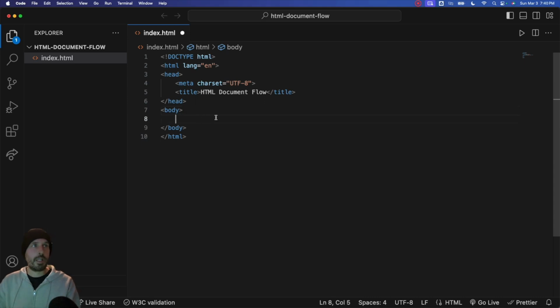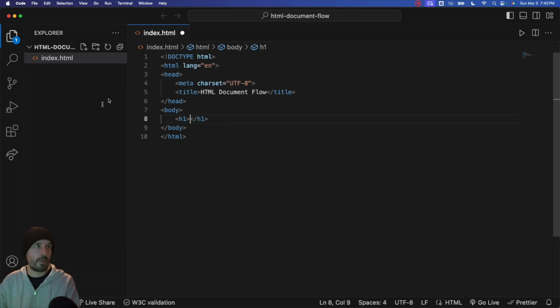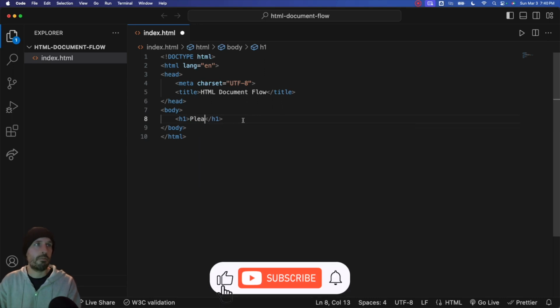The first thing we want to do is create a heading for our page, letting the users know where they're at. Like I said, we're going to build something that looks like a contact form, maybe to subscribe to a newsletter. Let's call this an H1. So opening angle bracket, H1, closing angle bracket. Visual Studio Code will complete that code for me. And then I'll call this, please subscribe